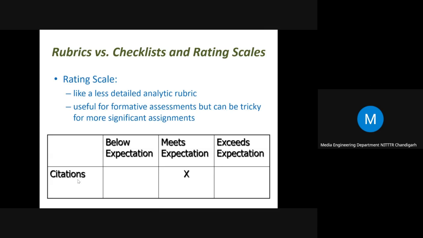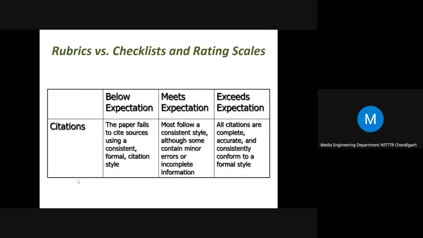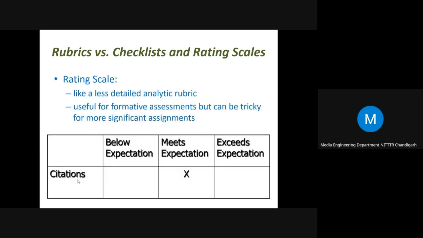So there is no performance description, right? Only criterion points and the performance levels are given. Then it is left to the evaluator how to match the student work with a particular expectation based on that criterion. Right. So it can be tricky for some activities, but it is also useful. So how will it be converted into a rubric? For the same table, if we include performance descriptions, then it will become a rubric. If performance descriptions are not given, then it is a rating scale. Right? So this is the difference between a rating scale and a rubric.